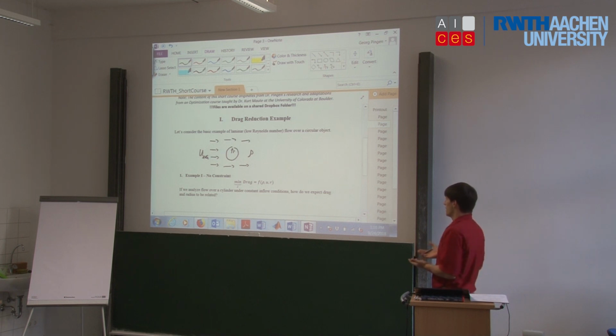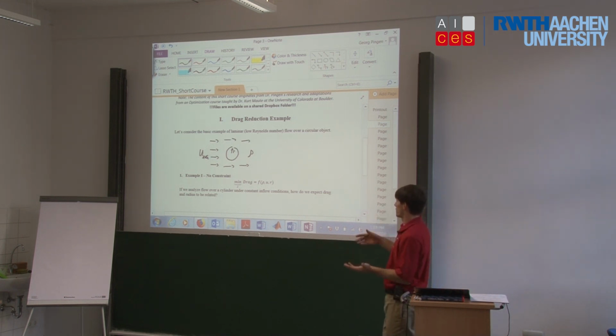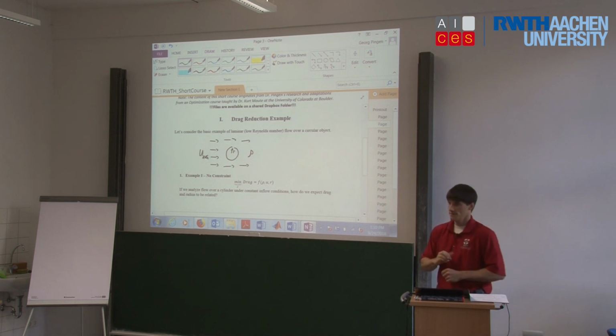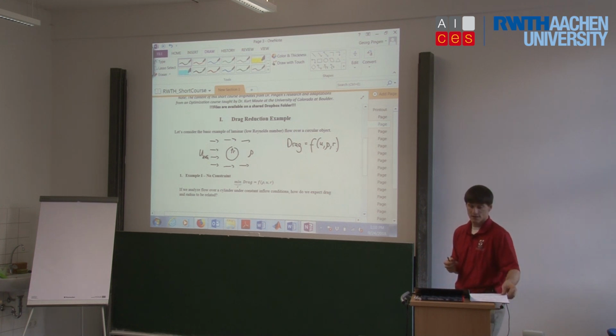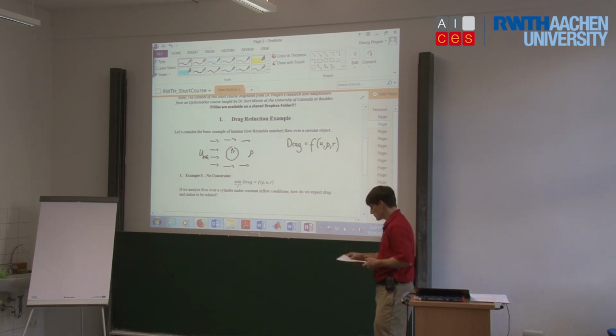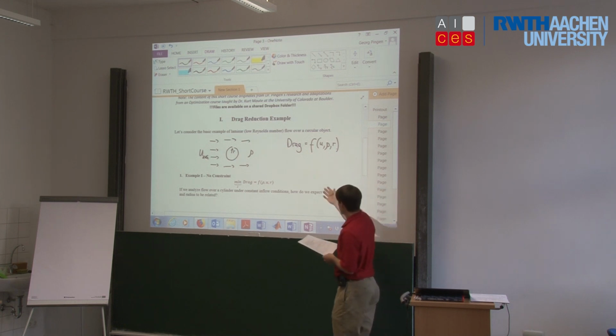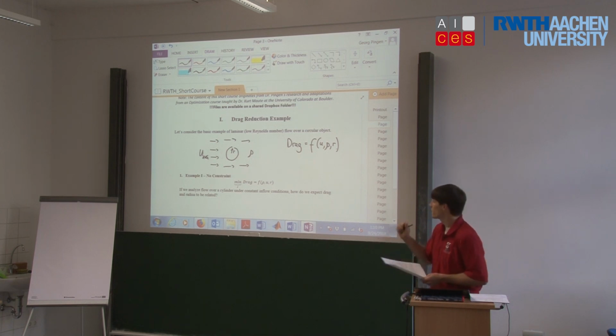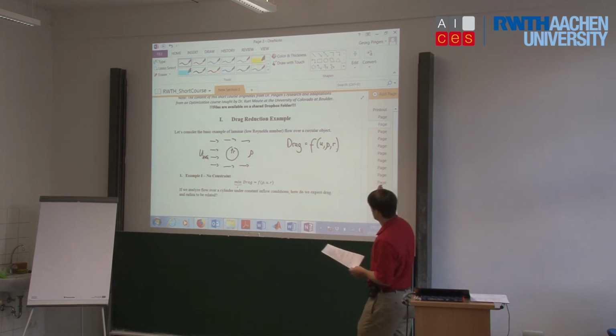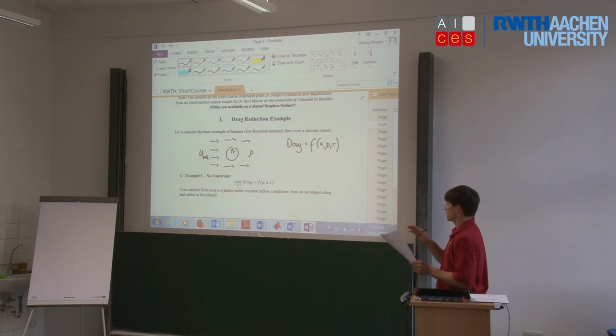Okay. Now we can compute the flow across this circular object, and we can calculate the drag, which is going to be some function of the velocity, the density, and the radius of this cylinder. So the drag is kind of the resistance that the object provides against the flow. So we have flow coming from the left-hand side, moving to the right, and that flow is going to have